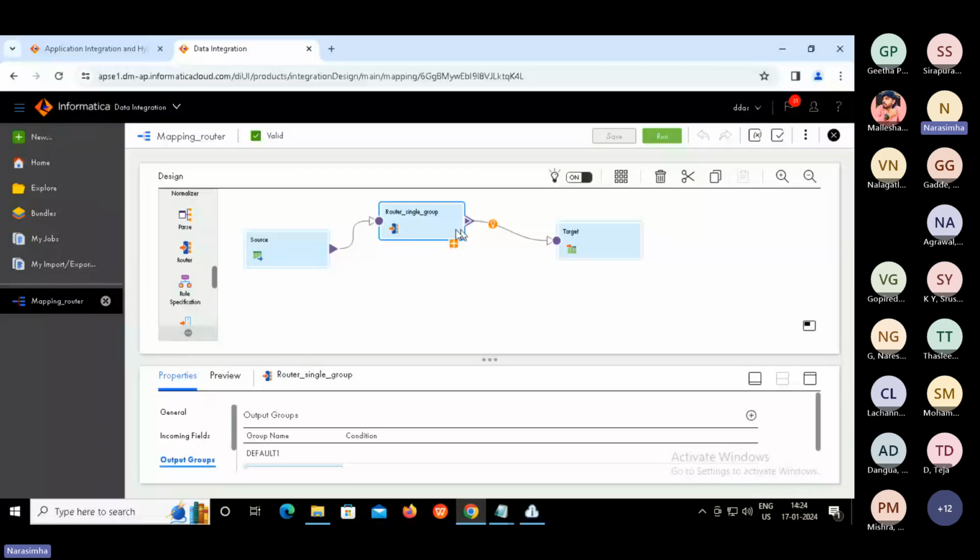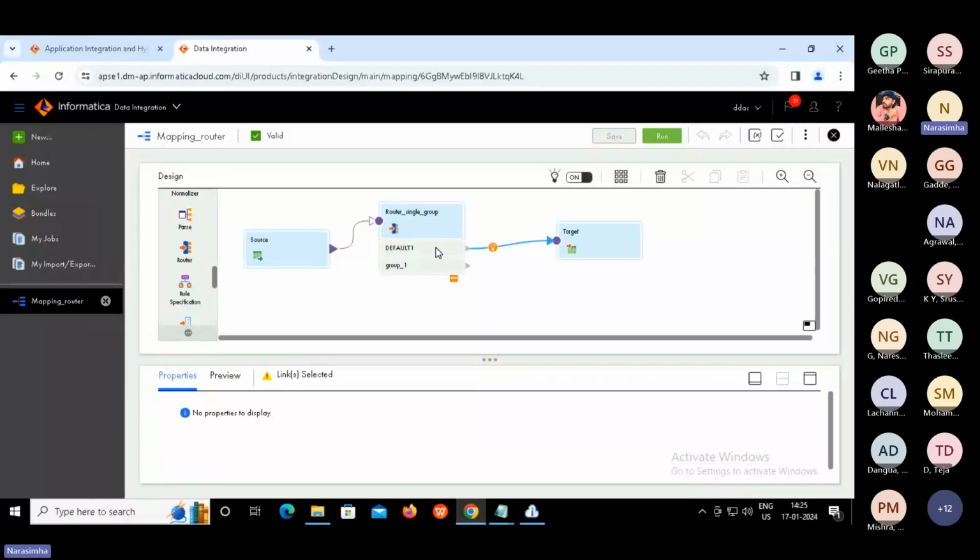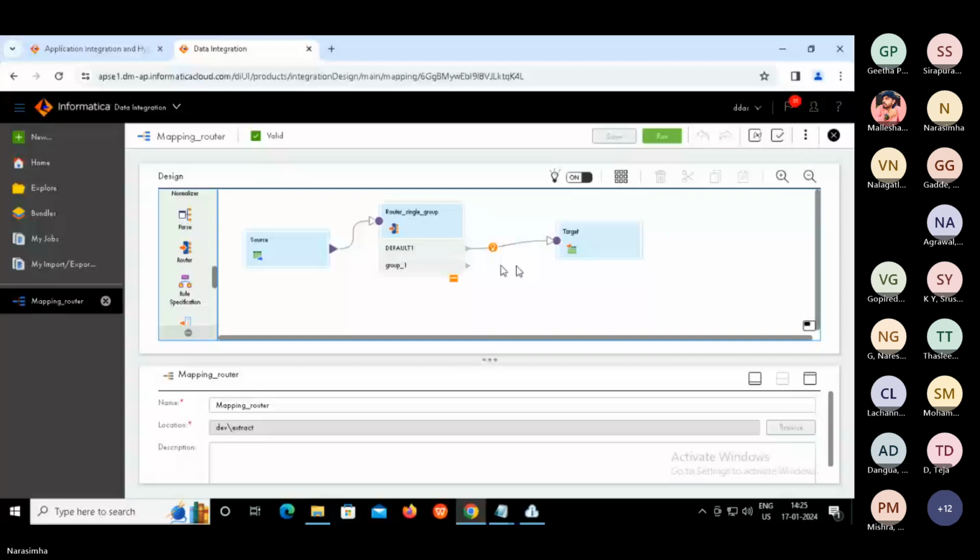Can you see where I press the mouse pointer? Click on it. See, there's a group 1 and a default group. By default is connected to target. So we will not get the data of what we define in group 1. Let us see that. After that, we'll try to add one more target for group 1. Clear?